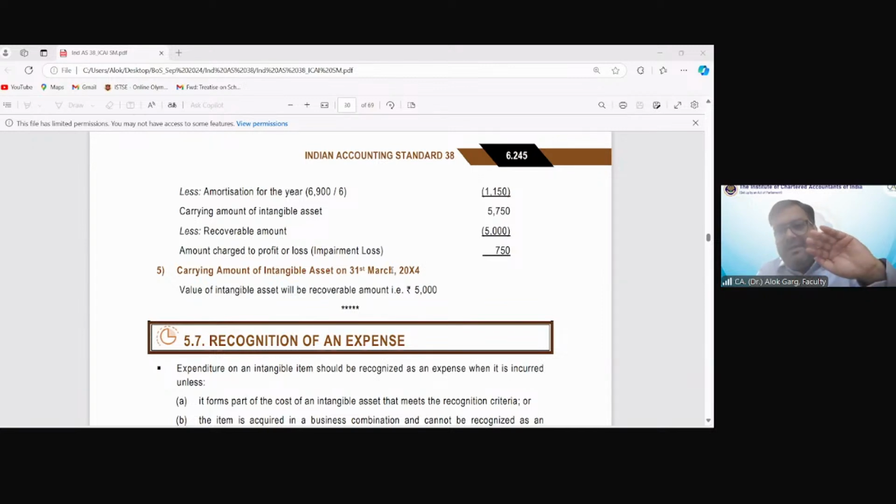So impairment is something different. What is impairment? You are talking about it being technically feasible, and hence you have reached the development stage. You started recognizing the development cost as an intangible asset under development. But at the reporting date, the recoverable amount gets lower than the carrying value due to some external or internal factors.